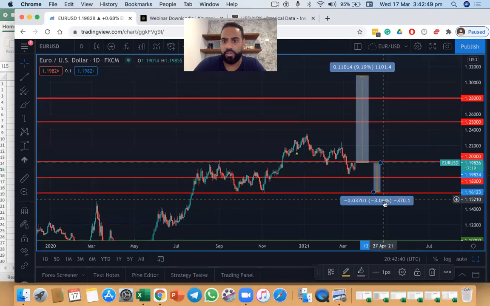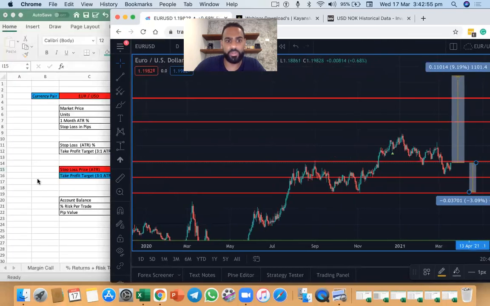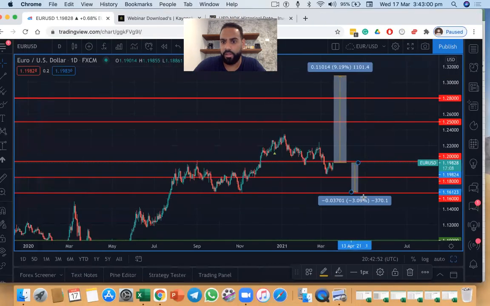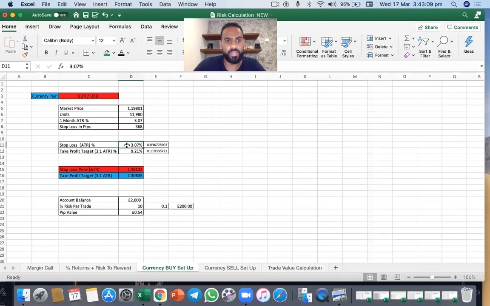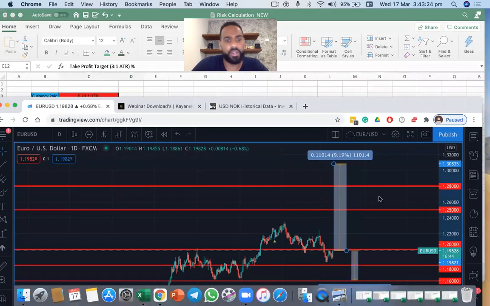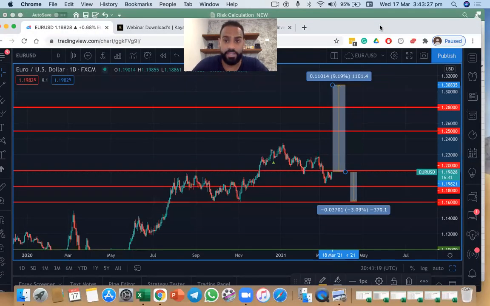Look, our stop loss is exactly where the spreadsheet was telling us it has to be in the markets. 1.16123. Here we go. 1.16123. And again, look, 3.9%. And that again, guys, is our stop loss area, 3.07%. Okay. Very similar, off by 0.2%. Okay. And then again, our take profit target is 9.21%, and it's 9.19%. So again, guys, what I'm trying to show you is this spreadsheet, if you're trading currencies,